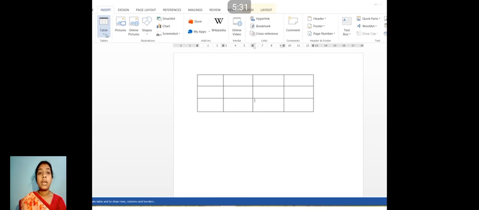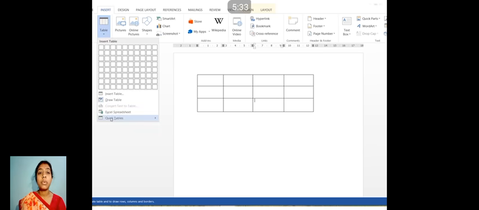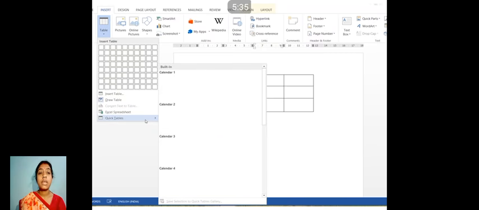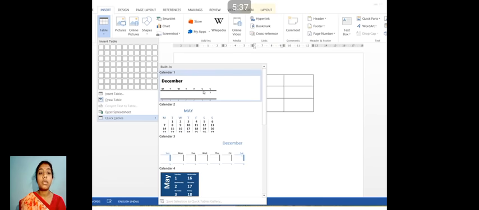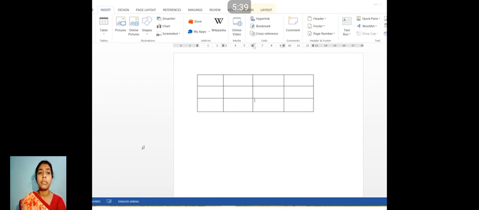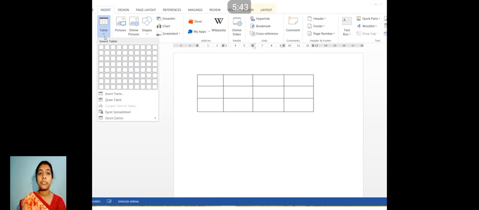Then with table, how is quick table done? You can see an arrow button. In that you can see there are many patterns. You can select any one of them. Now convert table, and as I have told you, in Excel spreadsheet you can insert the complete Excel spreadsheet in your MS Word. Clear?